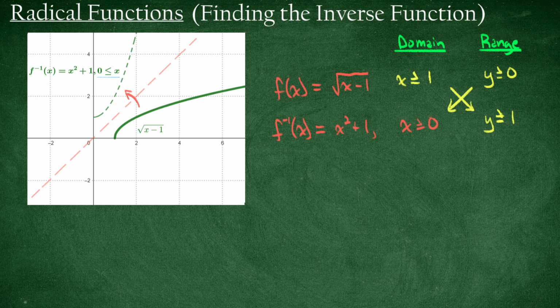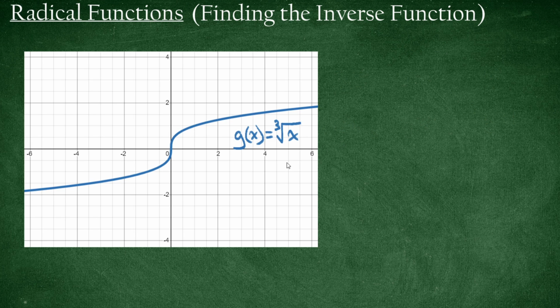All right, so let's go ahead and get to our extension today, which is what we want to talk about: cube roots, or really any index that is an odd number, okay? So for a cube root, we can look at this graphically, but basically here's the parent function of g of x is equal to the cube root of x, and if I graph this, then you can see that the domain and the range are both all real numbers,